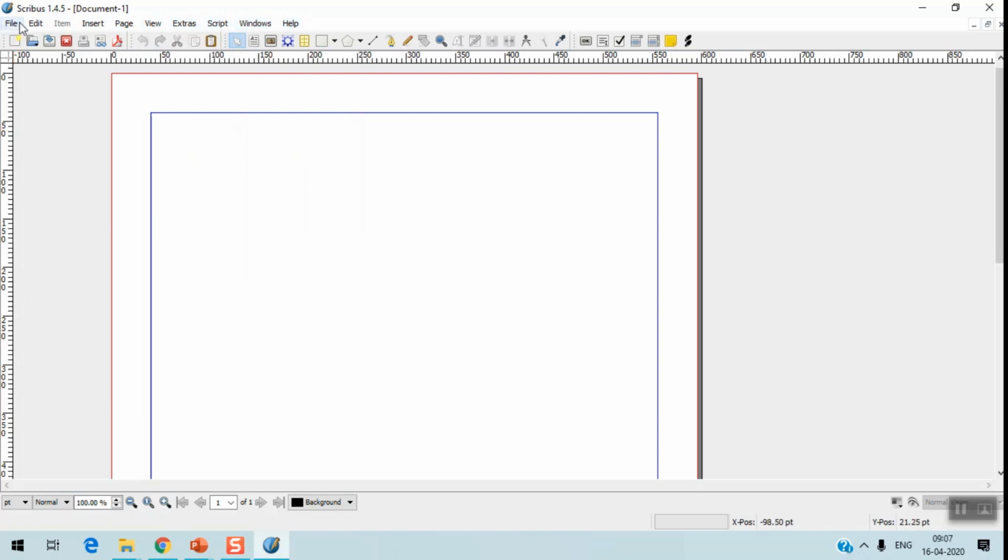Just below the menu bar is the toolbar, which contains small shortcut icons for doing our work in Scribus. For example, if we want to make a new file, we can simply click on this icon and it will make another Scribus document. Okay, just below the toolbar, this is your working area where you will be making your